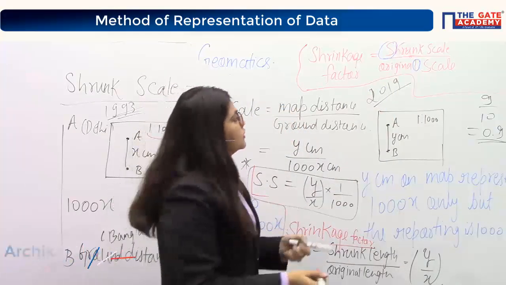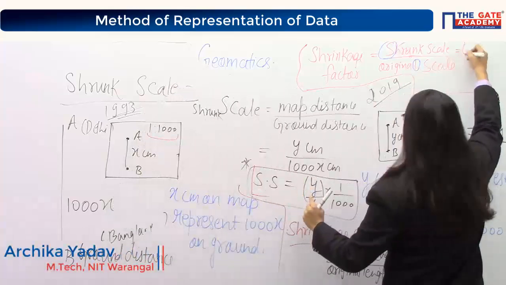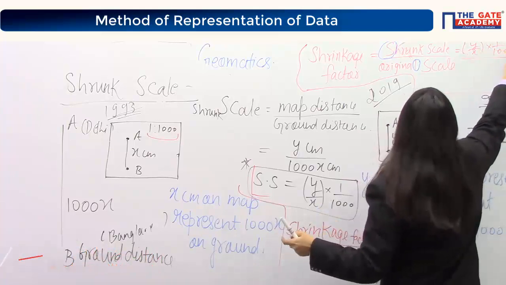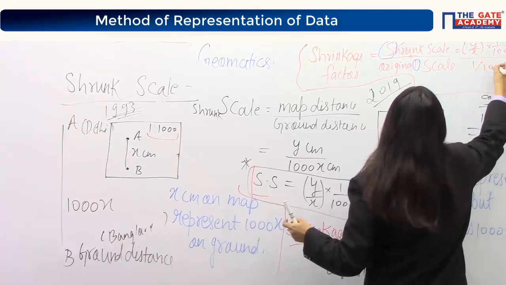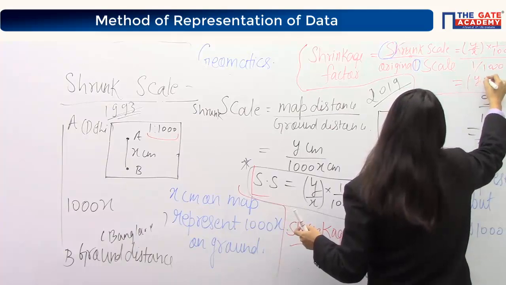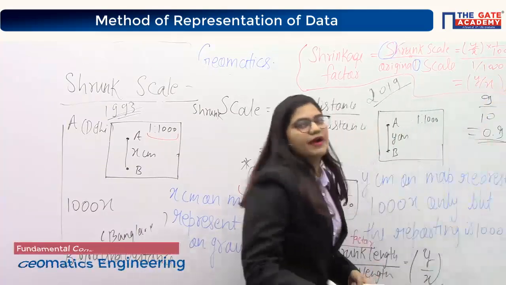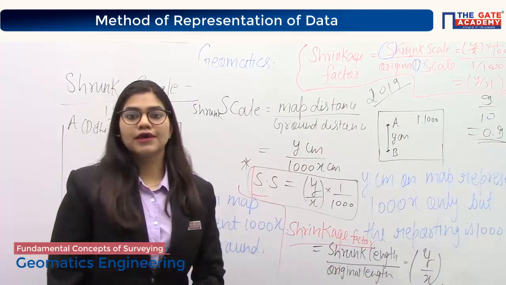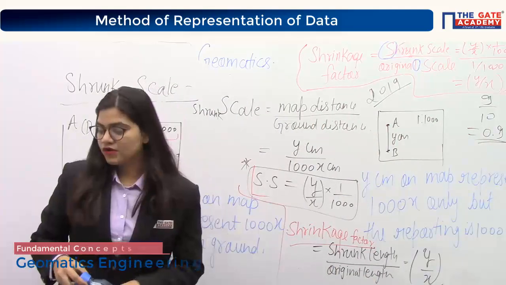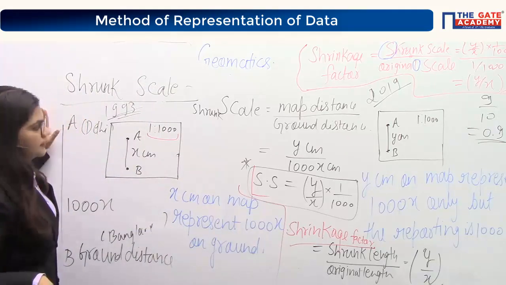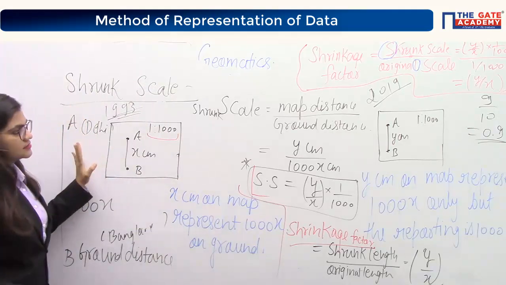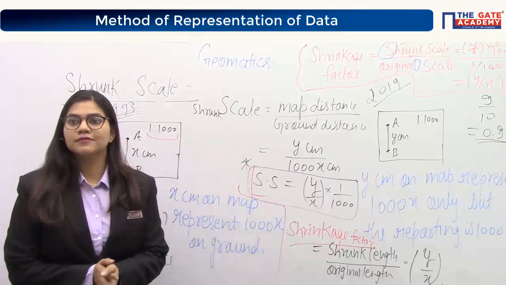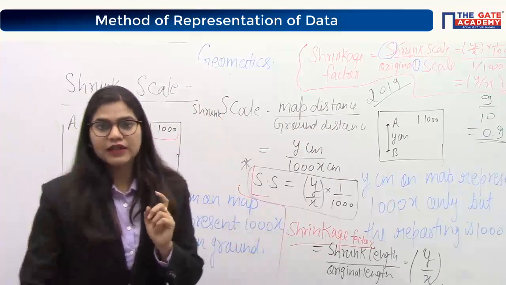Okay. So tell me, shrunk scale is how much? y by x into 1000 and the original scale is 1 by 1000. The value that you got for the shrunk scale is the same as the previous one, y by x only. Clear? Note it down. Start from here. First write this and this, then write this one, the middle one. Okay? One more thing I forgot to tell you.